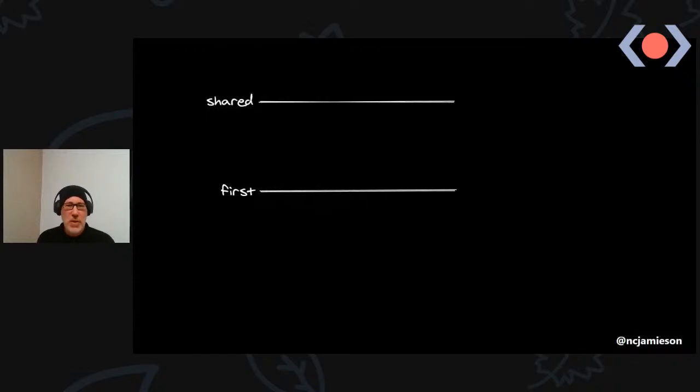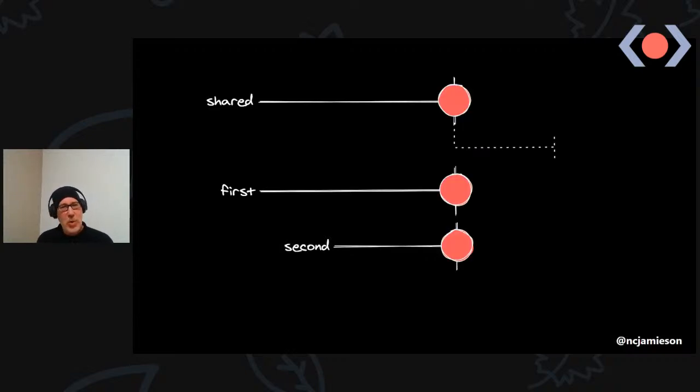So the first subscriber to the shared observable effects an API call. And whilst that API call is happening, a second subscriber subscribes, then the API call finishes, but the shared observable doesn't immediately discard that subject. It might keep it for a certain period of time.